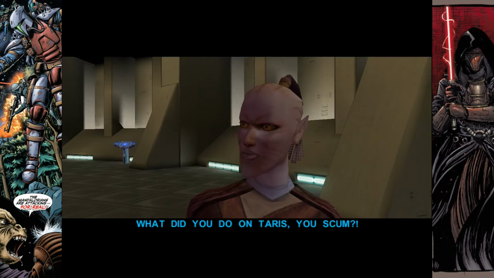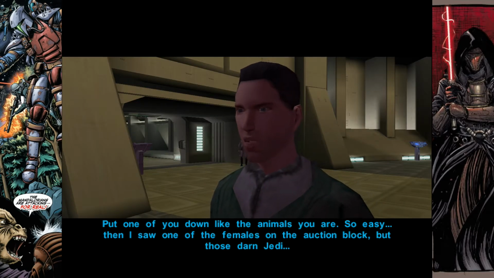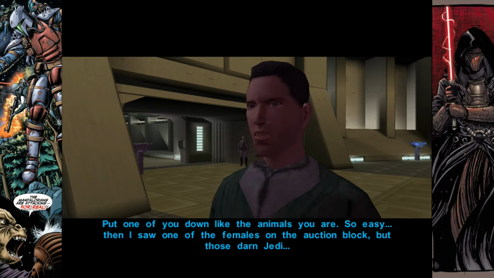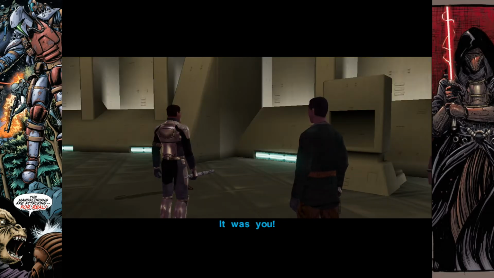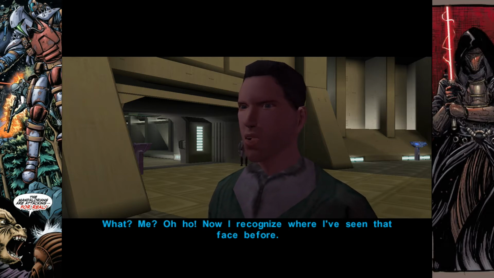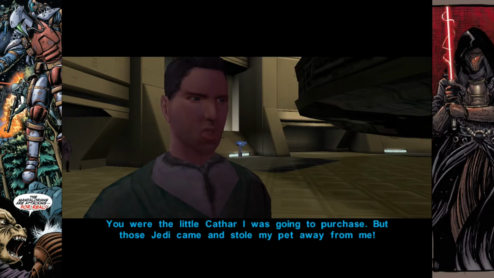What did you do on Taris, you scum? Put one of you down like the animals you are. So easy. Then I saw one of the females on the auction block. But those darn Jedi. It was you. What? Me? Oh, now I recognize where I've seen that face before. You were the little Cathar I was...